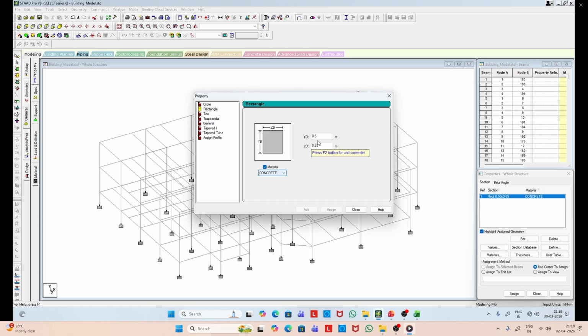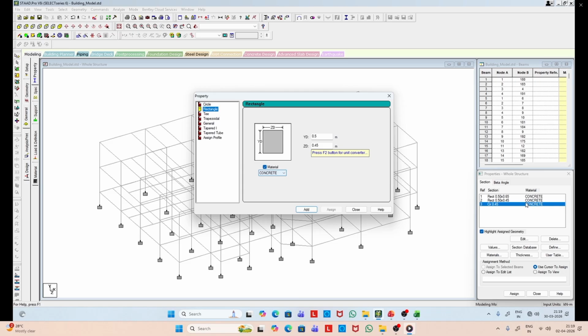and the section names, you can see it is a 500 by 650 rectangular section, and then accordingly we propose other sections. Now we have created the model, but this model has no sectional details. So for each beam and column, we have to provide the sectional details. We can use different types of concrete.